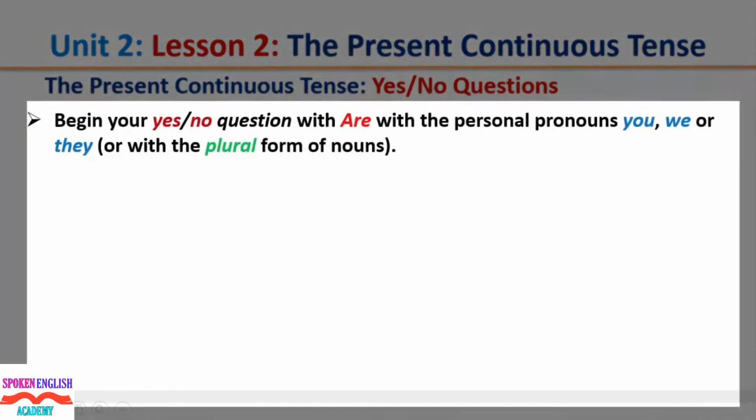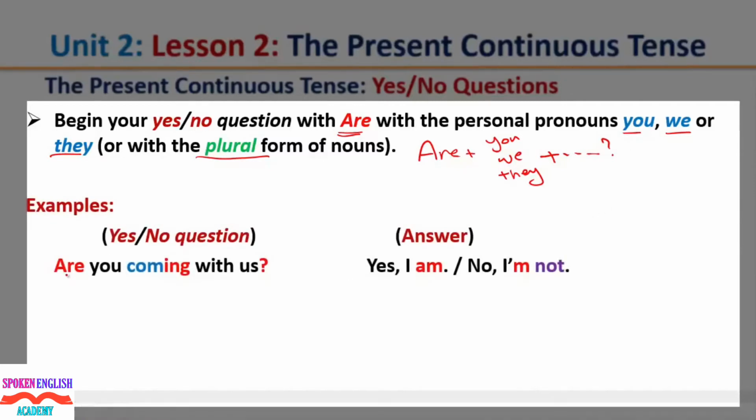Begin your yes/no question with are with the personal pronouns you, we, they, or the plural form of nouns. So here we start the question with are plus either you, we, or they. Then complete your question. Examples,